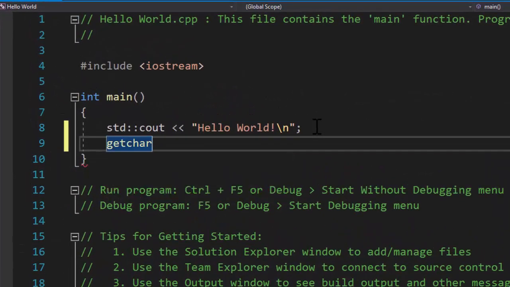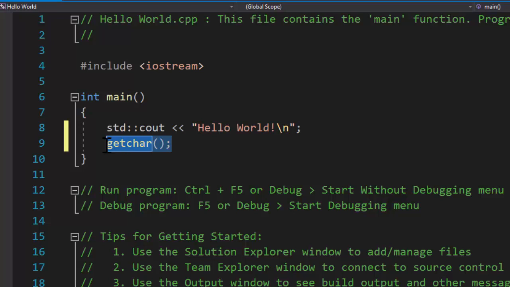I am going to add the getchar function here. And what getchar, get character, does is it is a function that is actually waiting for the user to input a character into the screen. So if I add that and then debug again,